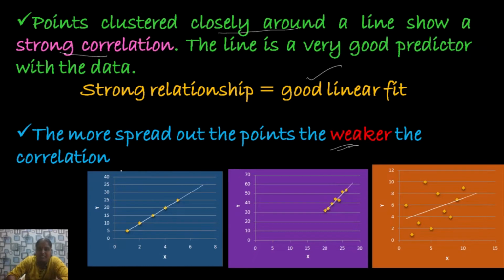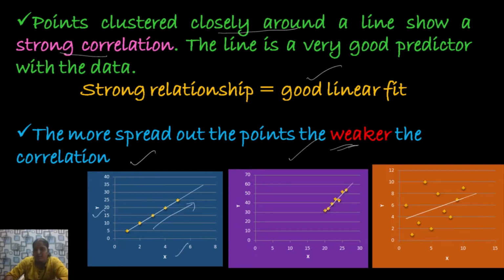Look at the first case. There is an upward movement of the straight line and all the points exactly lie on the line. So it shows it's perfect. There is no deviation of any points from the line. So there exists a strong relationship between the two variables. So from this graph I have to understand that for the two variables x and y, there exists a strong relationship.